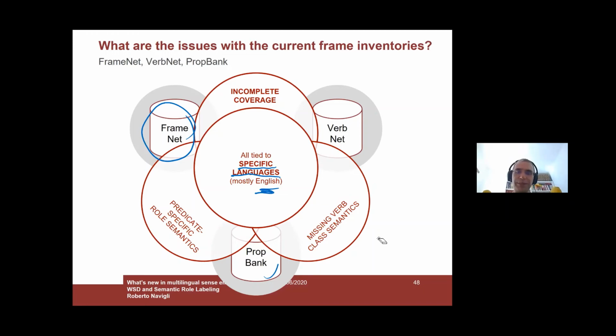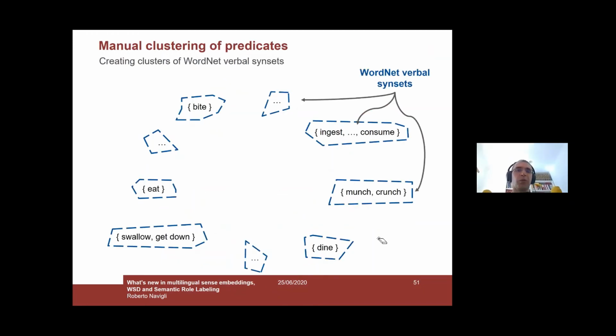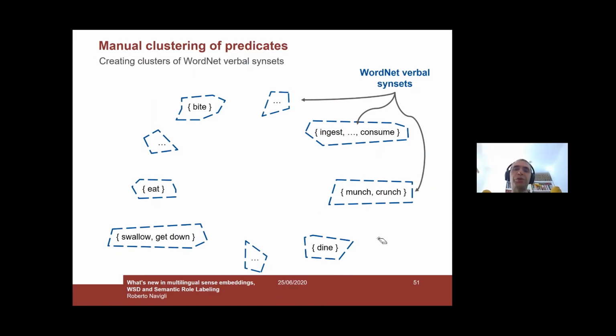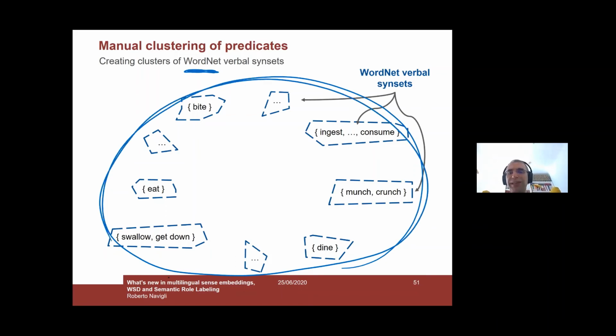Again, we're talking about semantic role labeling. What we did was to do some manual work, because sometimes you need to do manual work in order to enable automatic systems. And so we created a new resource that addresses all of these issues. And to create this new resource, we started from WordNet. The reason why we did that was that WordNet is included in BabelNet. And so it makes it very easy, once you create a semantic resource from WordNet, to then scale to any